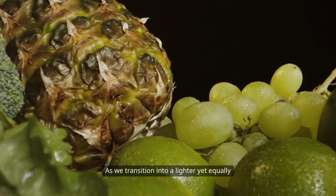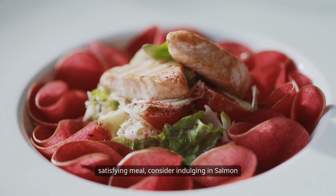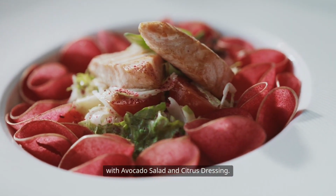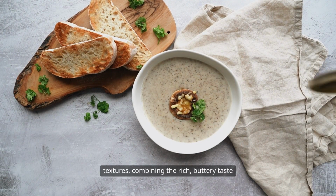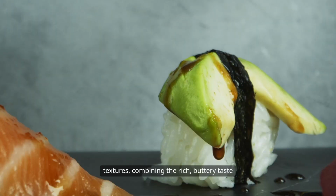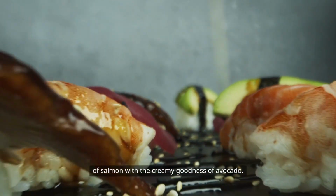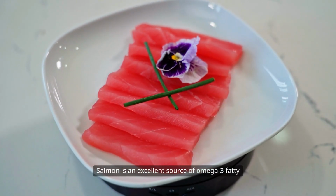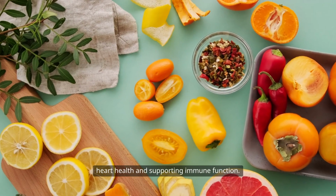As we transition into a lighter yet equally satisfying meal, consider indulging in salmon with avocado salad and citrus dressing. This dish is a perfect marriage of flavors and textures, combining the rich, buttery taste of salmon with the creamy goodness of avocado. Salmon is an excellent source of omega-3 fatty acids, which are essential for maintaining heart health and